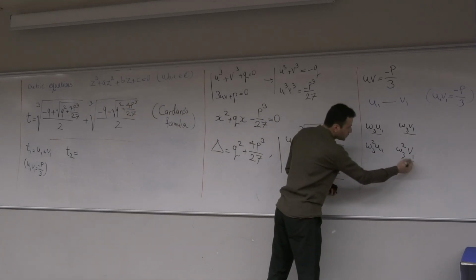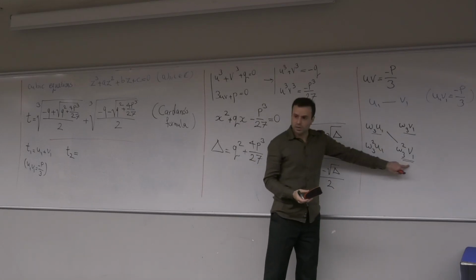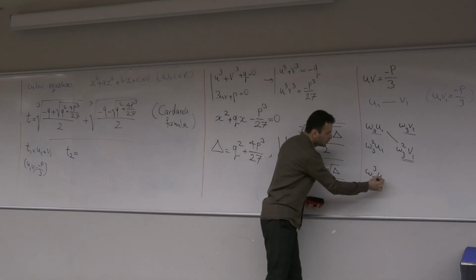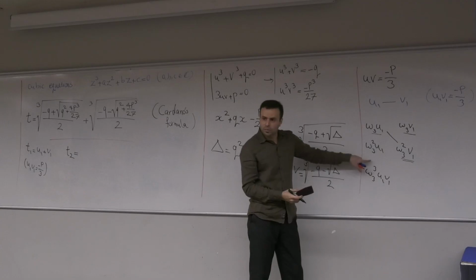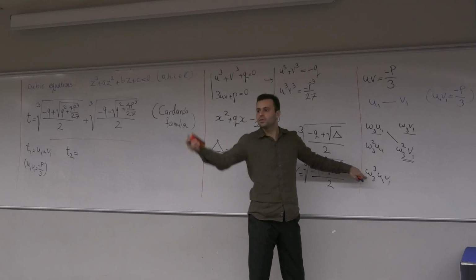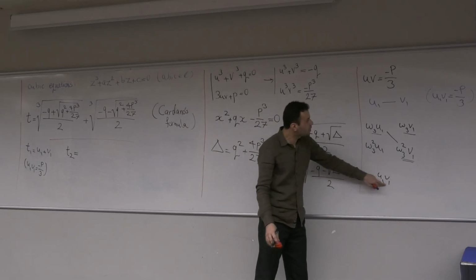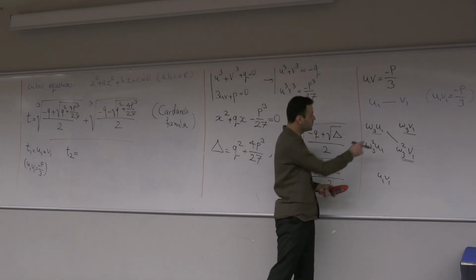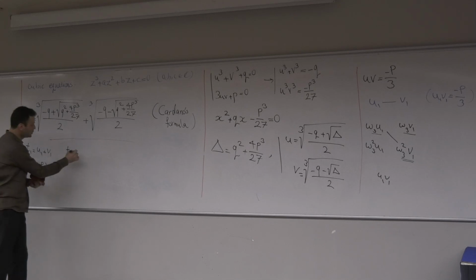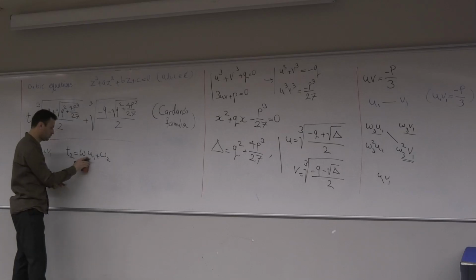What about this one? If I select this one and if I select this one, what is their multiplication? This is omega 3 to the power of 3 u1 v1. What is omega 3 to the power of 3? This was the third root of 1, right? Which means that if you take it to the power of 3, it is going to be equal to 1. So this is actually 1. And now their multiplication is going to be minus p divided by 3. Which means that if I select this one, I need to select this one. So our second root is going to be root of unity plus,